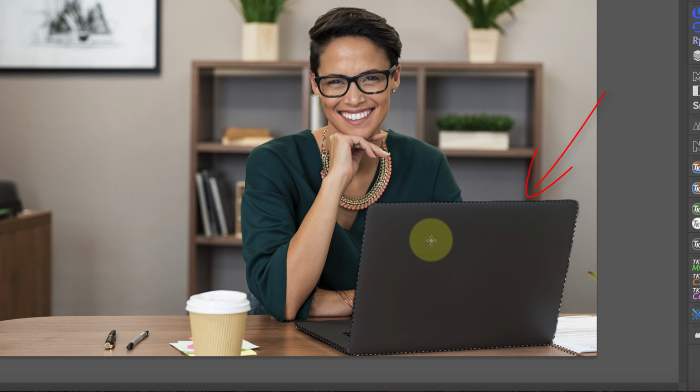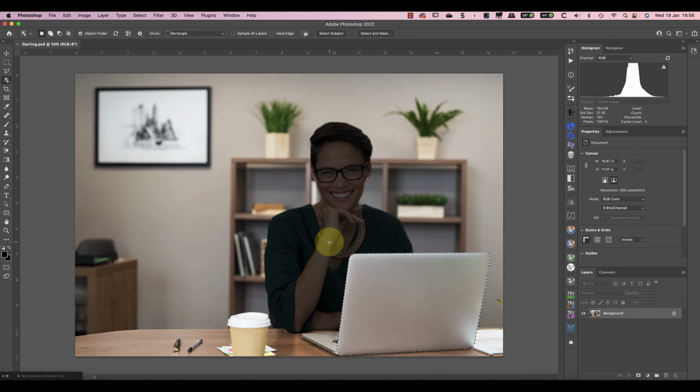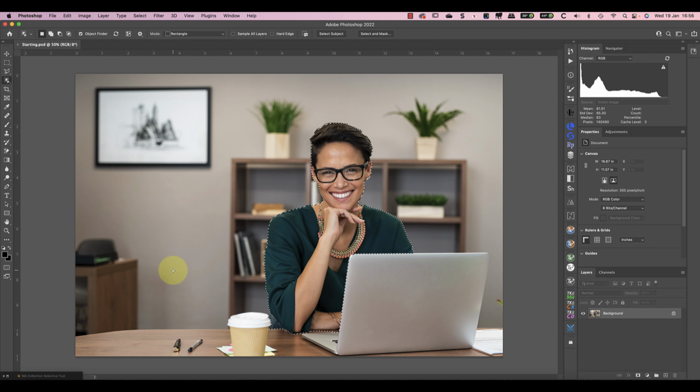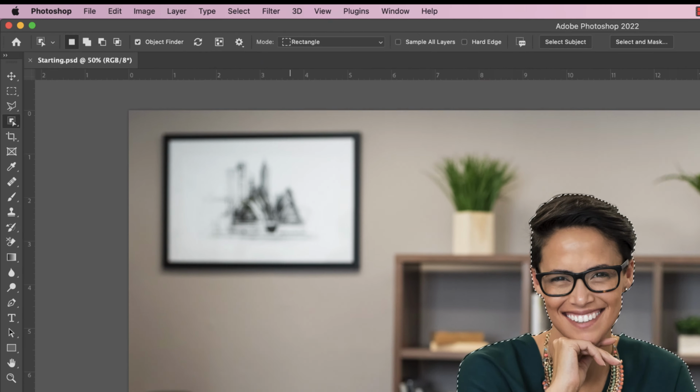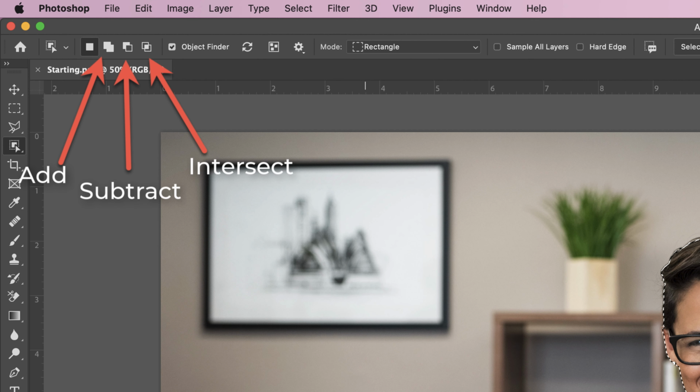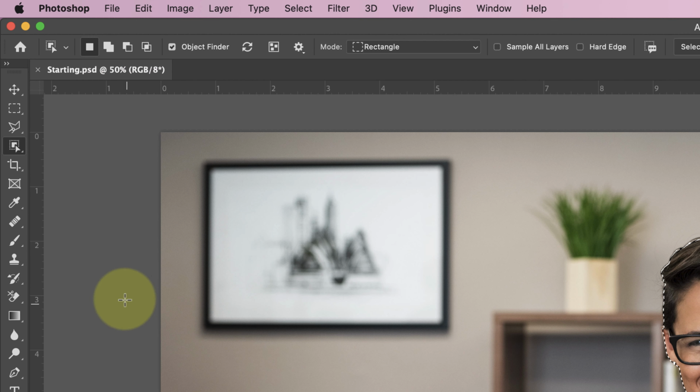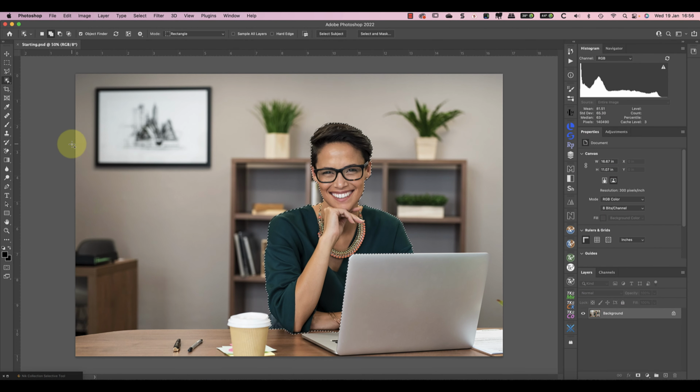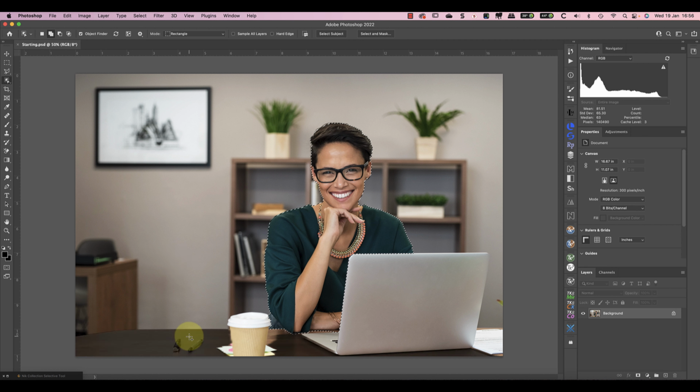You'll then see the marching ants appear to indicate that it's an active selection. In this image, Photoshop has found several objects that we want to select. But when I click on another of these, it selects that object and removes the selection from the laptop. That's because I'm using this option to create a new selection with each click. The other icons next to this are to add, subtract and intersect the selections. By using the Add option, I can click on different objects in the scene and add them to the current